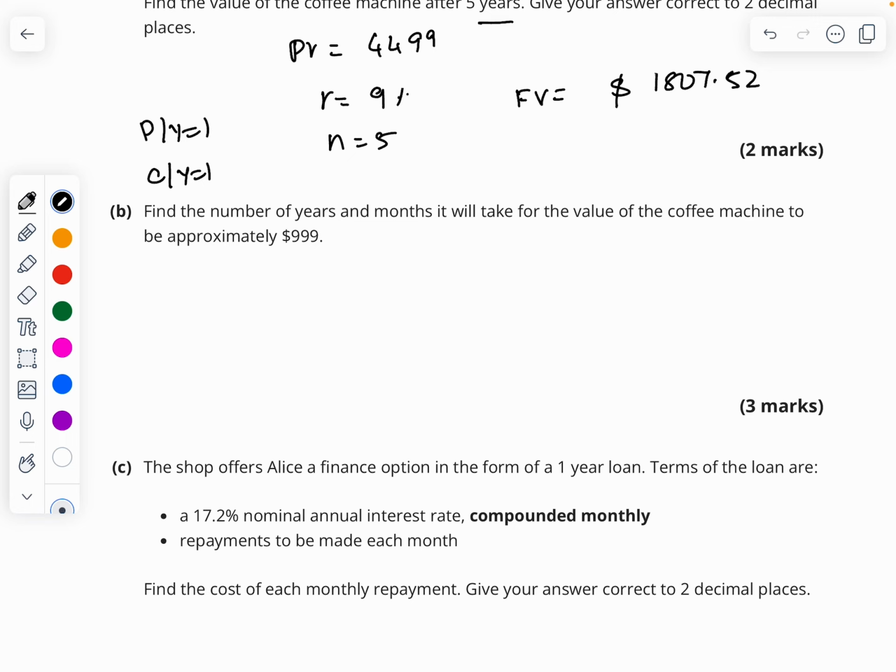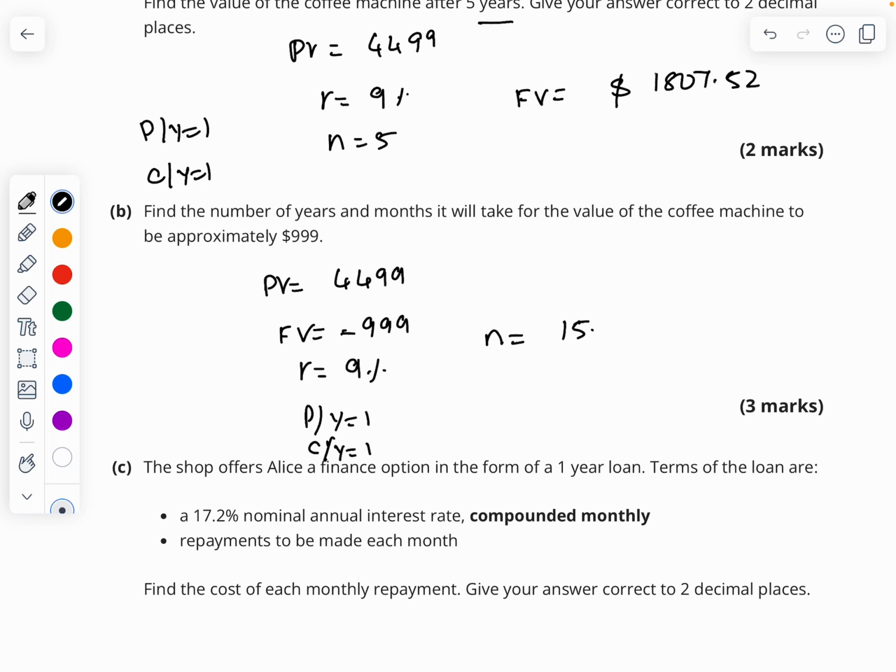999. So principal value will be equal to 4,499 and future value will be minus 999. Then R equals 9%. Then P/Y equals 1, C/Y should be equal to 1, then you'll be getting the value